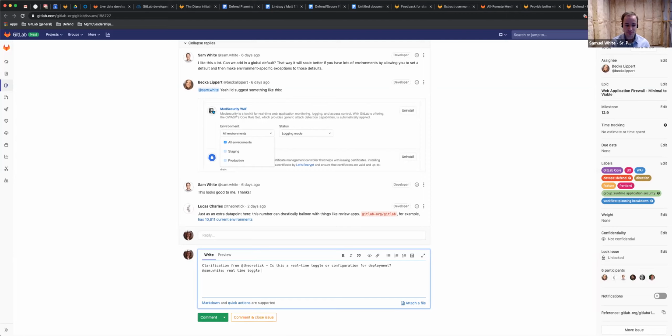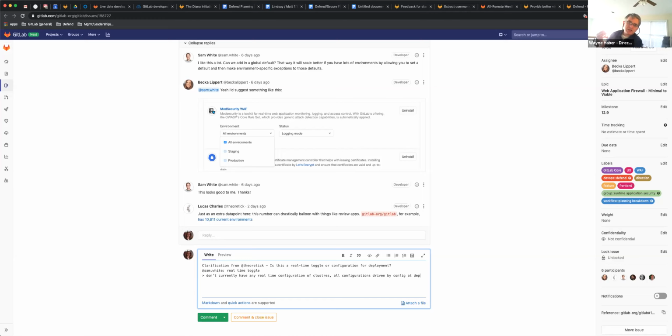So I think just to set the stage for my question, at least nothing comes to mind in terms of an actual real-time configuration of clusters. Just about every setting and every configuration currently occurs through a pipeline deployment. So correct me if I'm wrong, anyone on the call, but I can't think of any use case, and this would be a bit more paradigm shifting than the way that we currently approach these things.